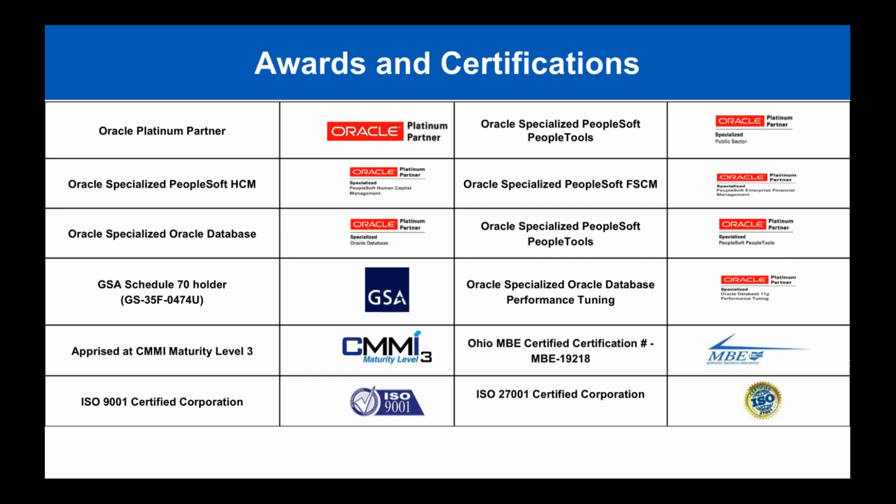We've got GSA, again, because we do some of that federal work, and it also helps with the state and local at times. And then, we're CMMI Level 3 appraised. We've got ISO 27001 and 9001 certifications. What that really translates to for our customers is commitment to process, so that when we approach a project